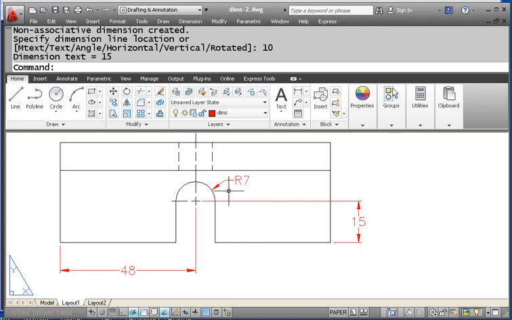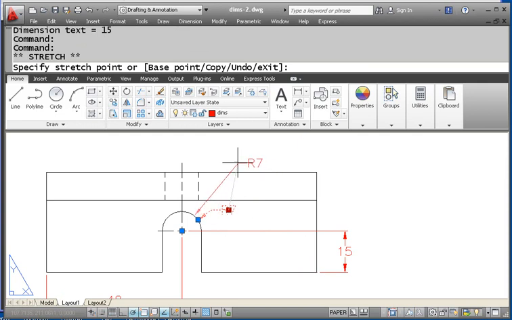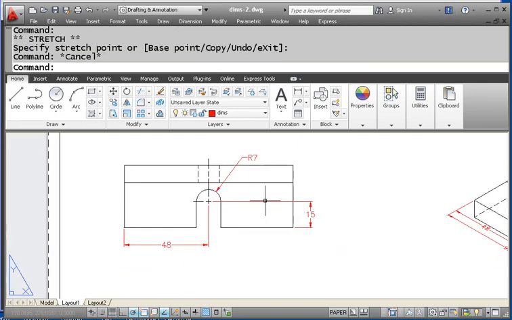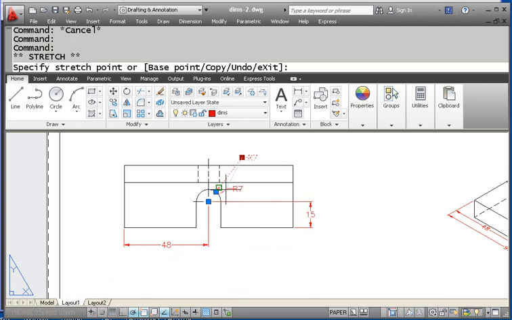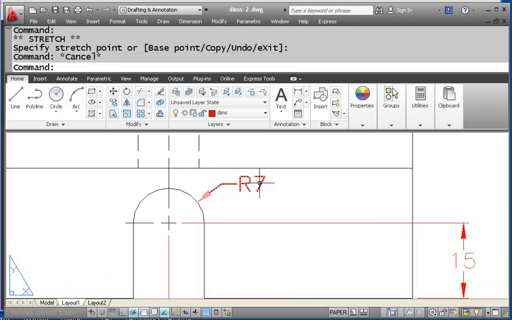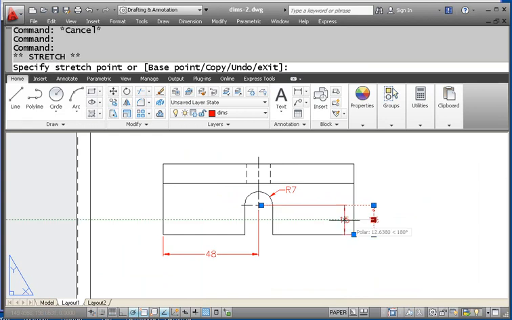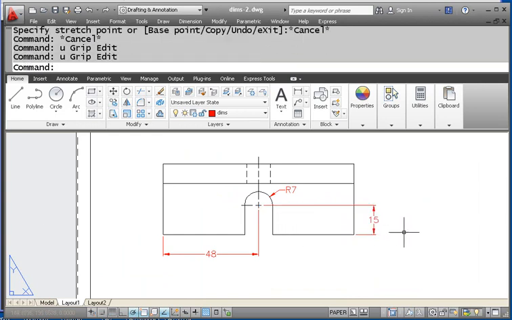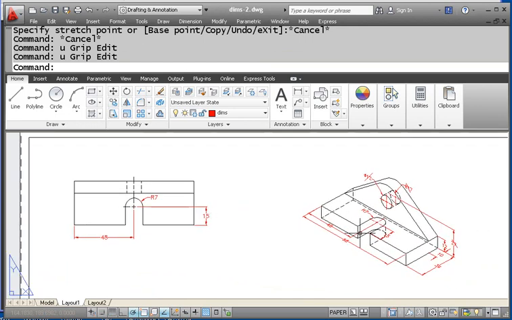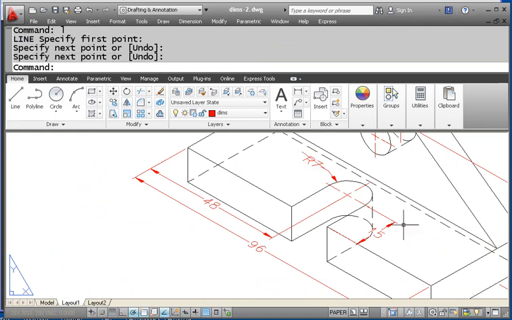That's kind of the same reason why I chose to put this dimension here. I could put it up here somewhere, but I put it up there. It seems to be kind of away from all the other dimensions that I'm going to be having, and I want to look for a dimension for that radius somewhere near where that feature is. So I would actually accept the argument of you putting it here in this scenario, or out where I had it, the 10 millimeters past the object edge. So that takes care of that dimension